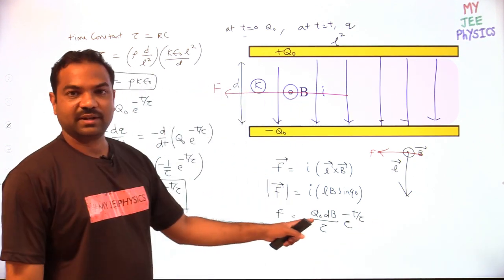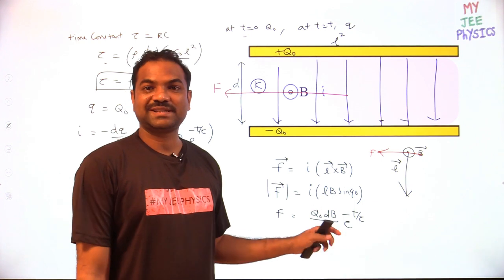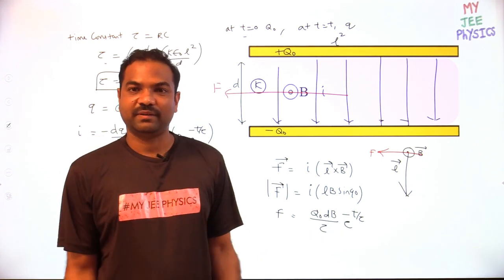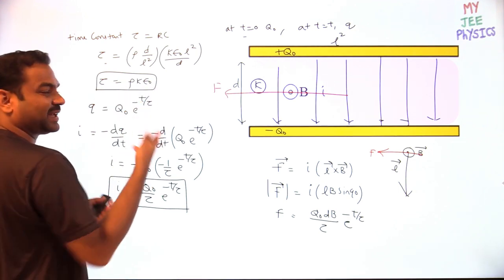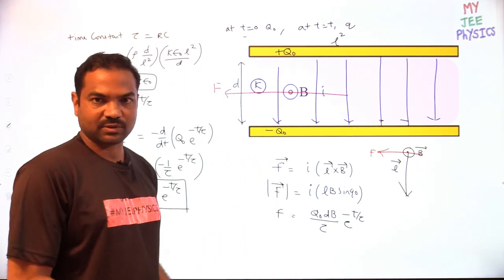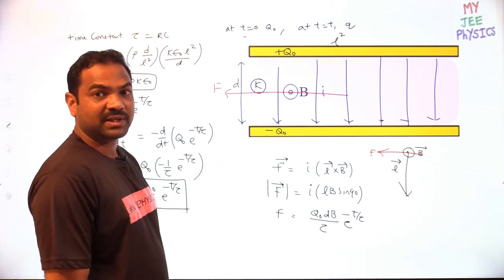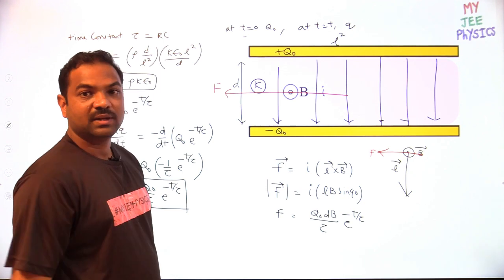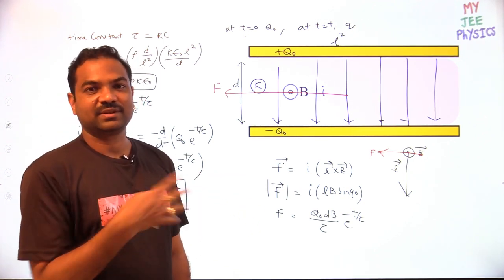So now force is not a constant quantity, it's a variable quantity, but this variable force is acting for a small interval of time, very small, because the time constant is very small. If you write the rho, k and epsilon naught values, you will get a small value. So that is the assumption we are going with. Okay. So then if this is the force, then what is the momentum change? As force is variable, now the question is how much time this force will act. So that we cannot decide.